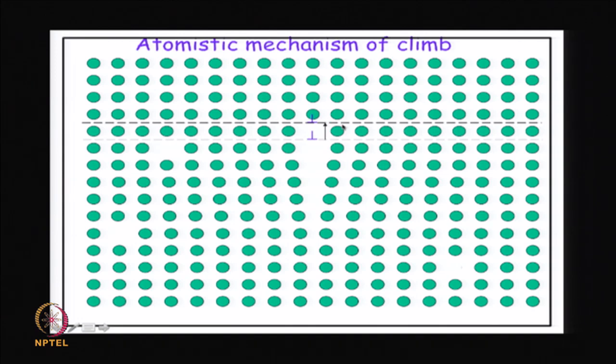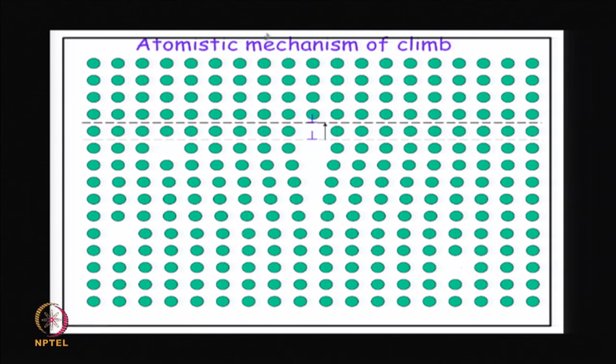You can think of a reverse situation in which an atom from a nearby site joins the dislocation line, in which case the motion will be reversed: the extra half plane will extend to a lower level and the dislocation line will come down one level, and that will be a climb down. So, both climb up and climb down motion are possible for the dislocation, and in both